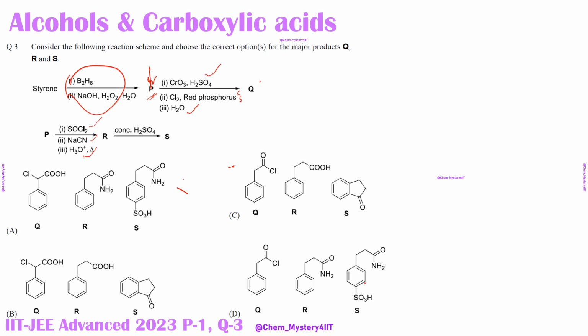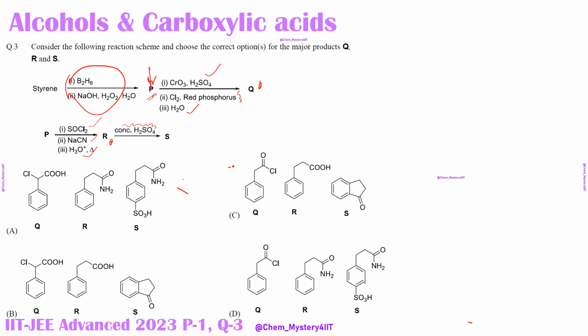This carboxylic acid and that carboxylic acid are going to have some different relationship. I expected they could have asked a question on that as well. And then this R, another acid which was found, was reacted with concentrated sulfuric acid. We had a brief discussion about this particular step in the last question, question number 2, at the end, when they tried hot sulfuric acid. They did not give concentrated sulfuric acid over there. That was another situation, so we ruled out this kind of possibility. Here that possibility is happening, that this is going to give us an acylium carbocation, which gives intramolecular EAS. We are going through all these reactions one by one.